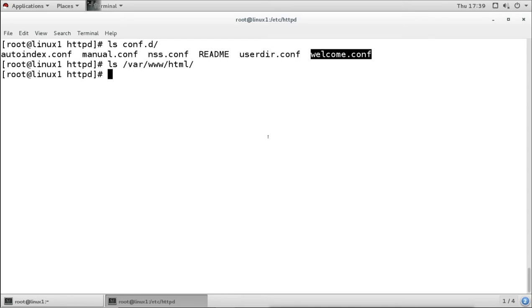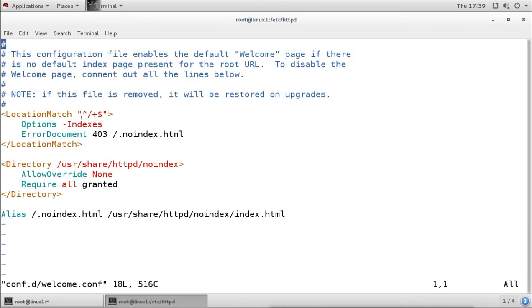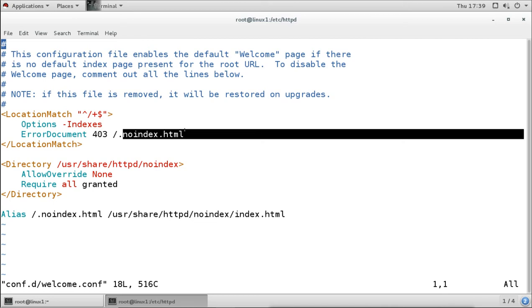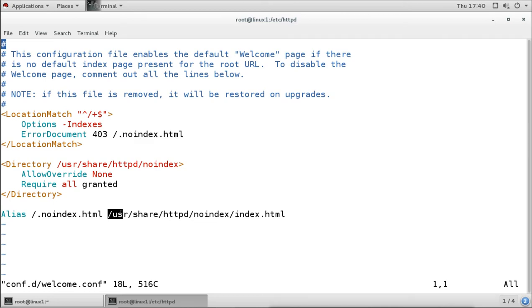Now what is inside this welcome.conf file? When you look at it, it says that if we get the 403 error, that means the home page file, index.html, is not found, it will open this no-index file. This file is opened from the location /usr/share/httpd/noindex, and under that noindex directory there is an index.html file.